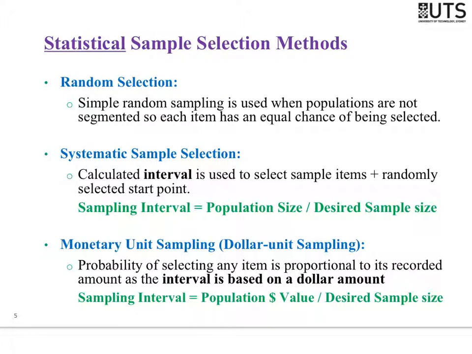Statistical sample selection methods, as I noted, there are 3, and the first one, quite rightly, is random selection. Now, as I noted earlier, random selection means every single item has a chance of being selected. Now take that one step further. There's an equal chance of being selected. All right? Now with random selection, we often do see auditors use some form of technology to help them pick